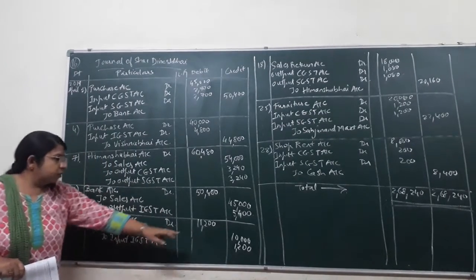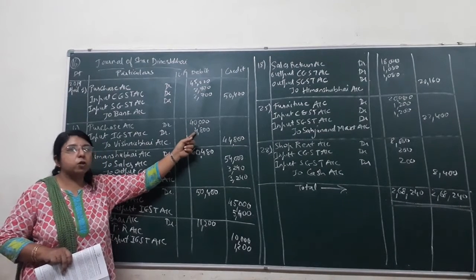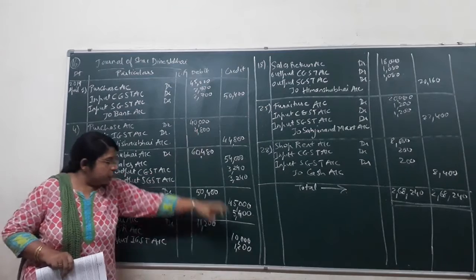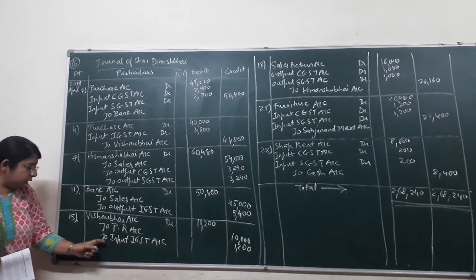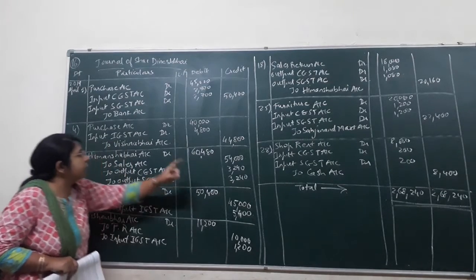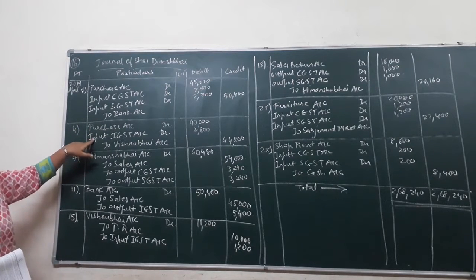Okay. So as proportionate 1/4 we had counted of 40,000, the same way GST also we have to count 1/4. That is 4,800. 1/4 of it will come to 1,200. So over here it is written to input IGST account credit, that is 1,200. Over here both the amounts, that is purchase and input IGST, get debited.